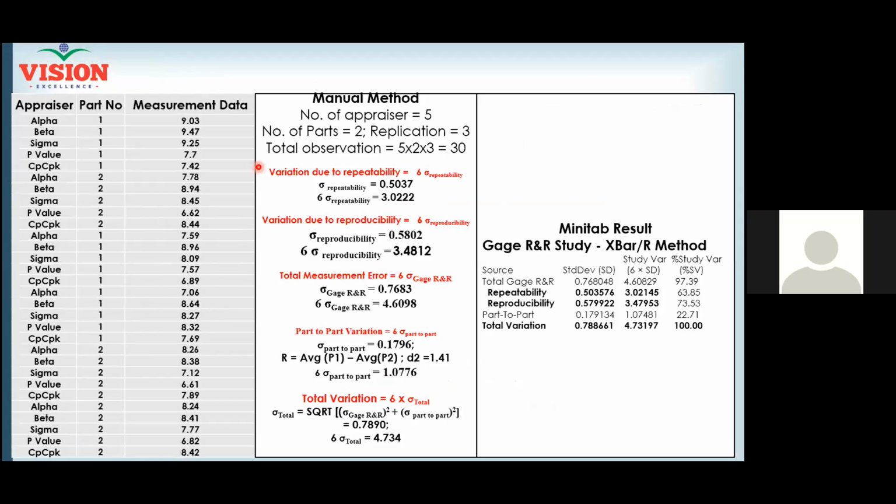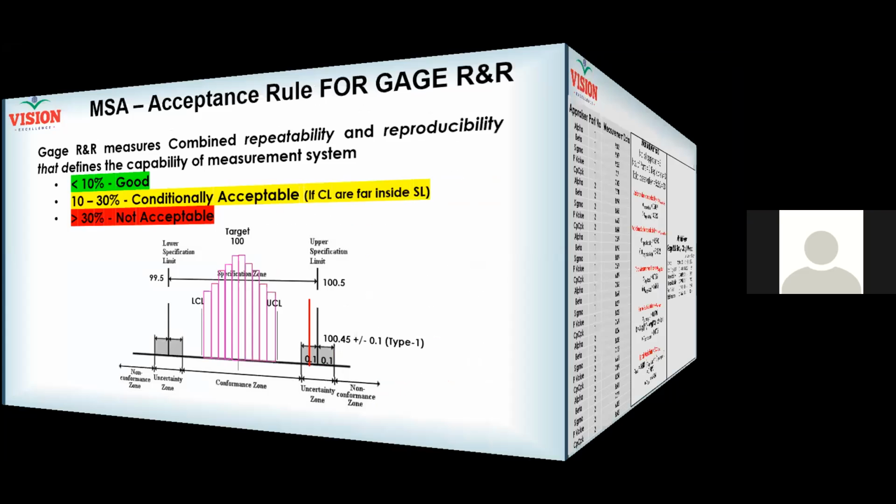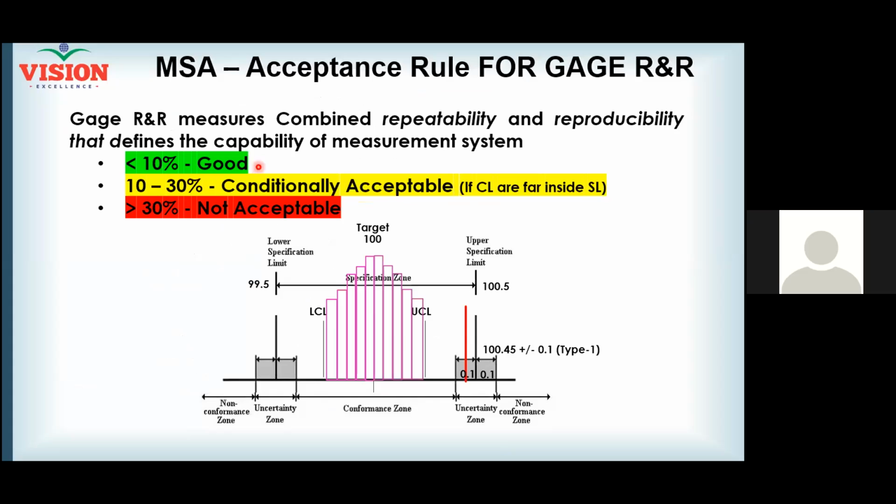Yes, sir, just a question. Yes, please. Regarding the third point, for example, if we have a very good LSL and USL compared to the specification limit, even greater than 30% can be acceptable, right? Practically, what you are telling is okay, but more than 30% is too much error your system has.